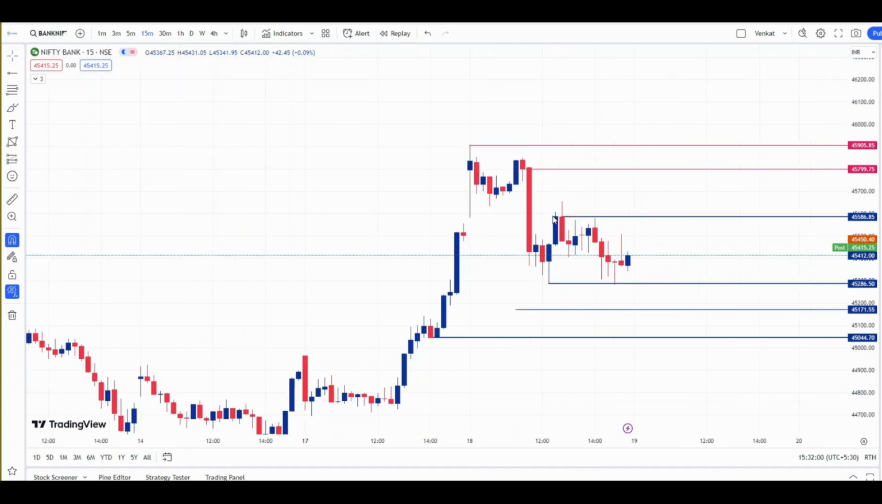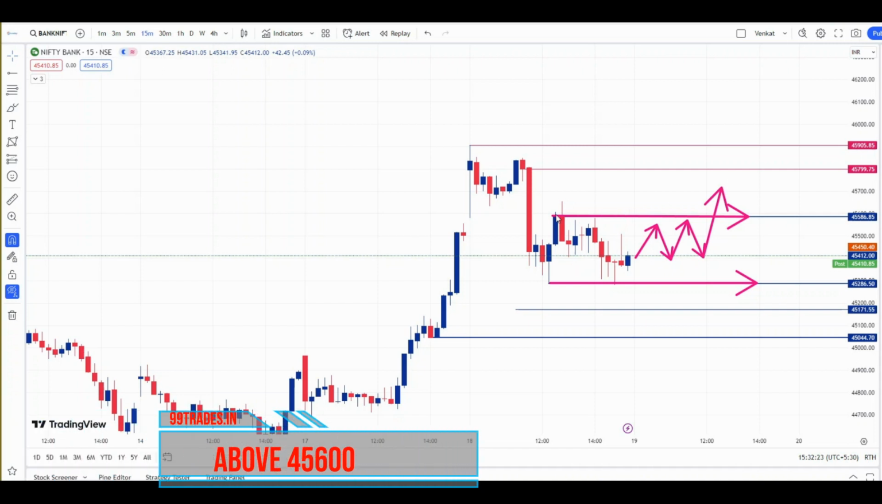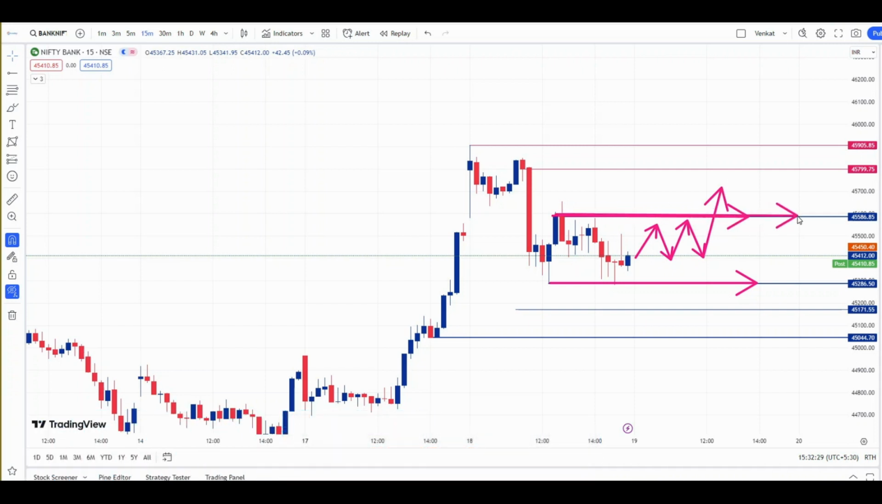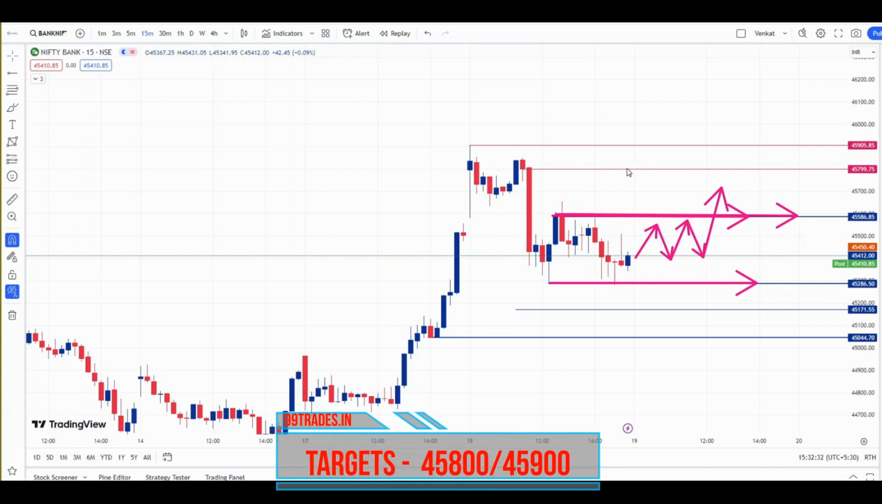We can long Bank Nifty only above 45,580, and the short position for Bank Nifty will be below 45,286. So if Bank Nifty opens flat between 45,286 and 45,586, and spends some time here, and after that gives a breakout on the upside, then we will plan a long position above 45,600. Our first target will be 45,800 and the second target will be